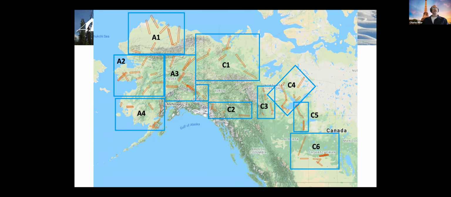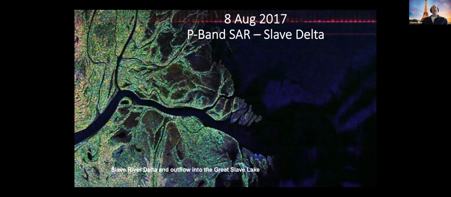Next, please, Peter. Here's an example of an inland delta. So this is the Slave River flowing into the Great Slave Lake, and you can see the type of information that's available. The individual pixel resolution is approximately 5 meters from the altitudes at which we fly both the L-band and the P-band SARs. And you can see that there's some information on not only bathymetry, but how the flow is going out into the lake. Next, please.